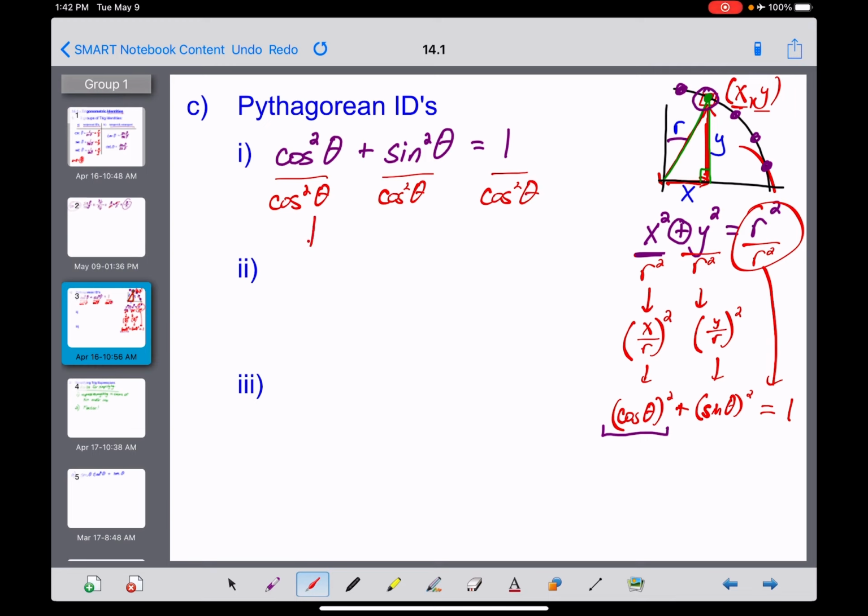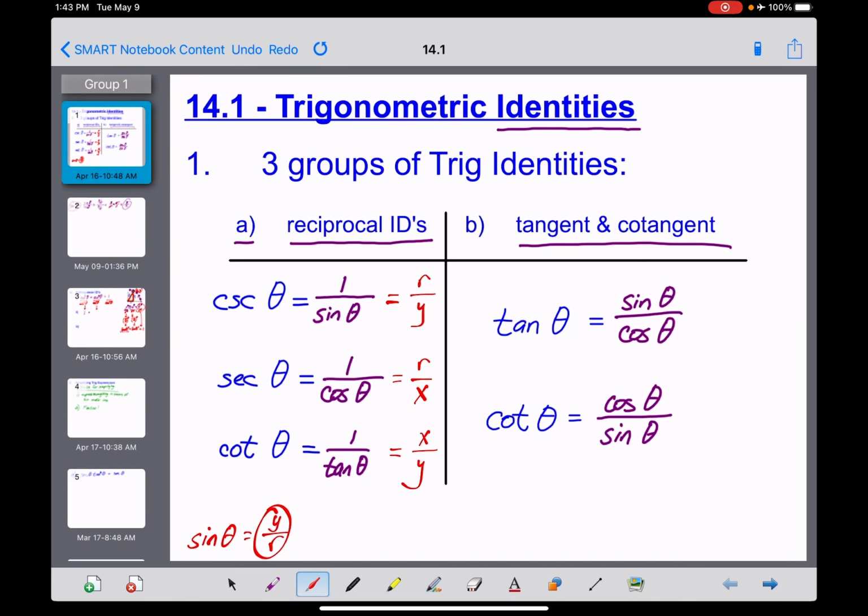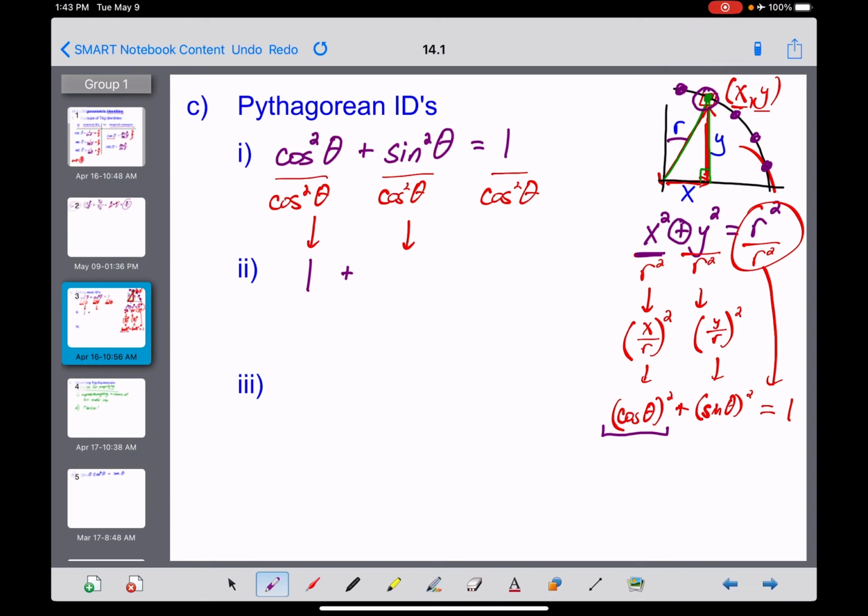Now, what does this first term become? Cosine squared of theta divided by cosine squared of theta. Anything divided by itself is 1. Plus, how about this second term right here, guys? Sine divided by cosine. We learned this just a second ago. Sine over cosine right here is the definition of tangent, or a definition of tangent, I should say. So that second term now is going to become tangent squared of theta equals,